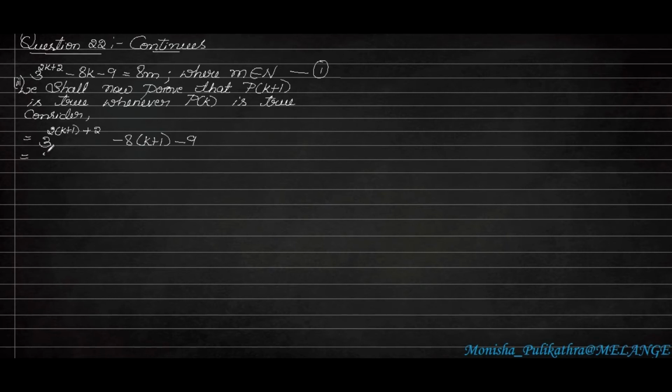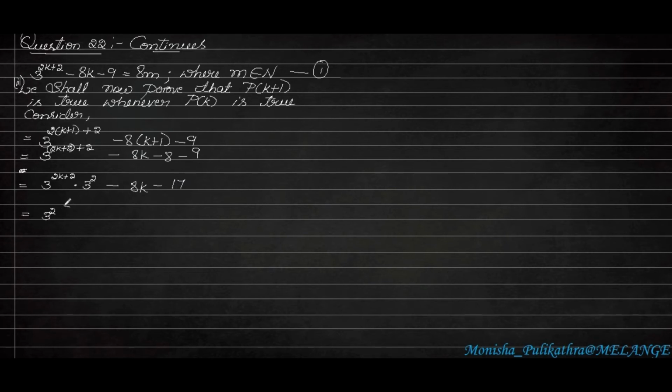So here it will become 3 to the power of 2k plus 2 and again plus 2. Okay, so I'll be grouping this one as one and the 2 as separate. Minus 8 into k, 8k, minus 8 into 1, 8, minus 9. So this will be in the form of a to the power of m plus n. If this is considered as m and this is considered as n, we can separate it. That is 3 to the power of 2k plus 2 and 3 to the power of 2, minus 8k. Here minus minus, like signs, will become addition. So it will become minus 17.